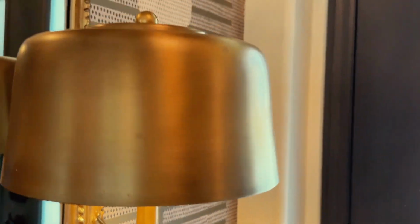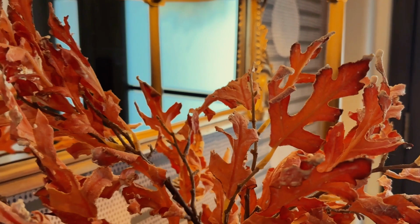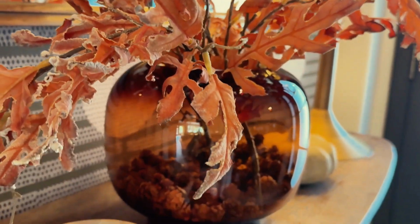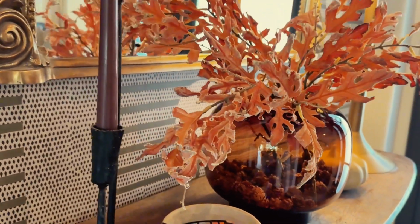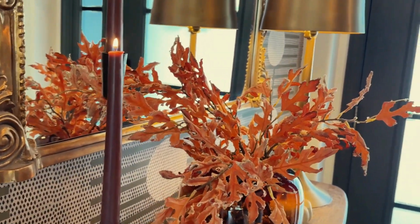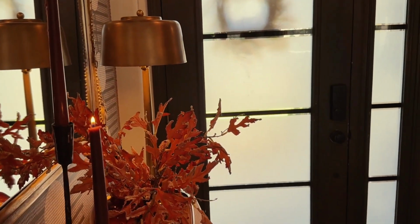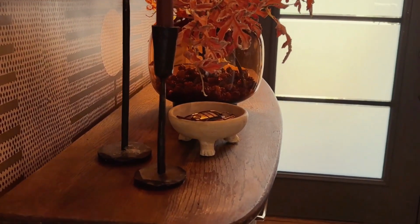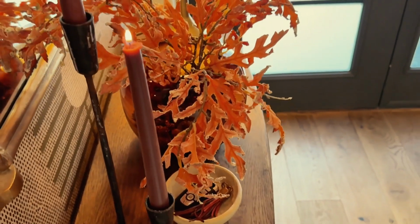And I'm still, yes, of course, in love with our Free Spirit Bundle Past lamp. Even though I love switching up lighting for the seasons, my gold lamp has remained on my foyer table. And the faux stems, I simply cut them to the length that I wanted in the vase. And like I said, I actually found the vase filler on Amazon, which was a fun find. So very simple vase of leaves, some fresh candlesticks with the new fall color, one little pumpkin, and our foyer